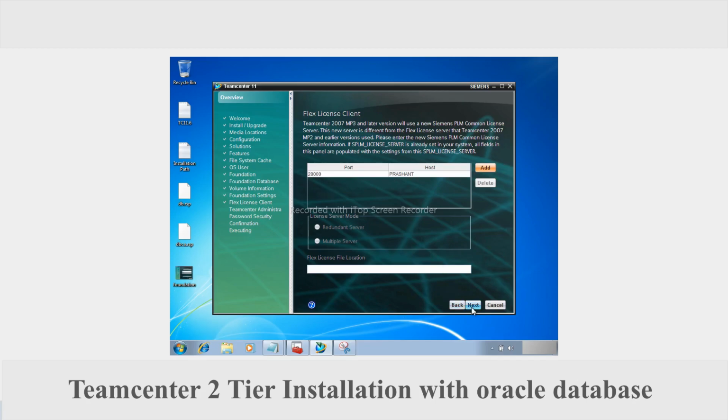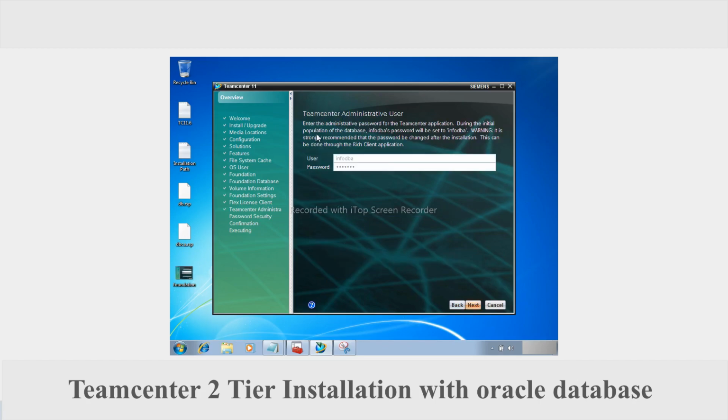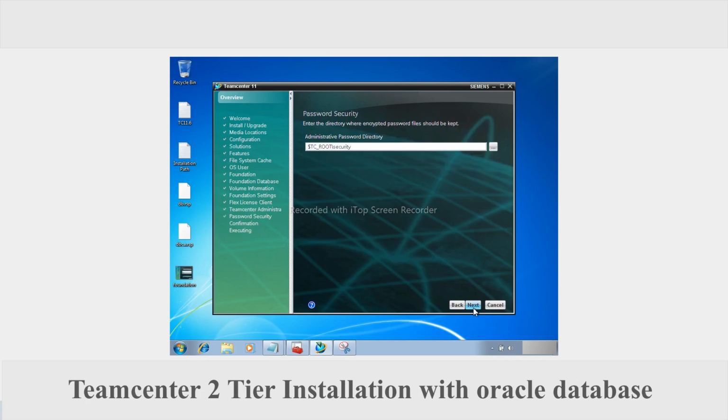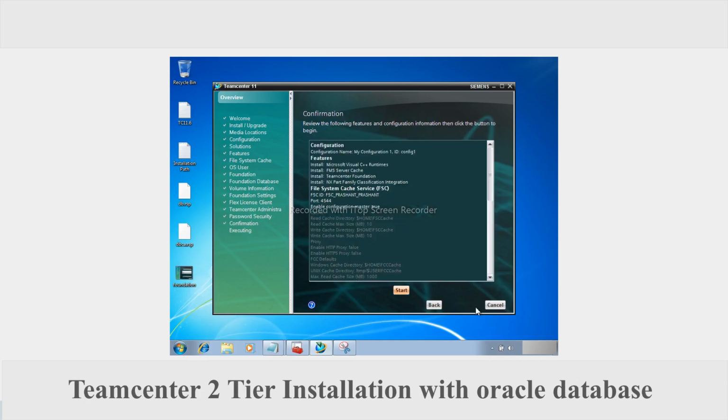Now next, the administrative password we already entered, so I'm selecting next. Okay, this TC root security, all the encrypted passwords will be stored in this file. The system generated file, the encrypted password is created here. Okay, next. Now here we are starting